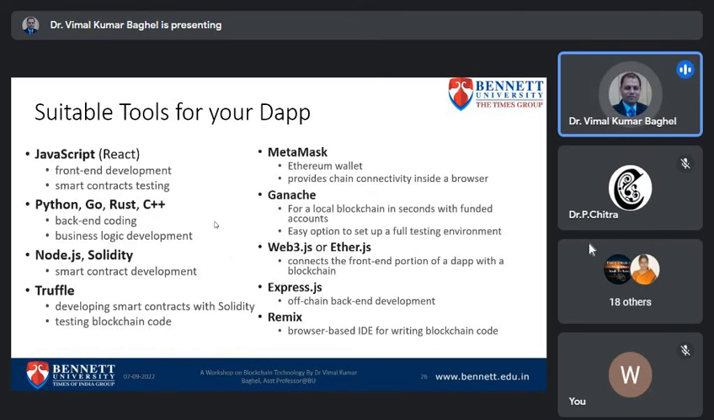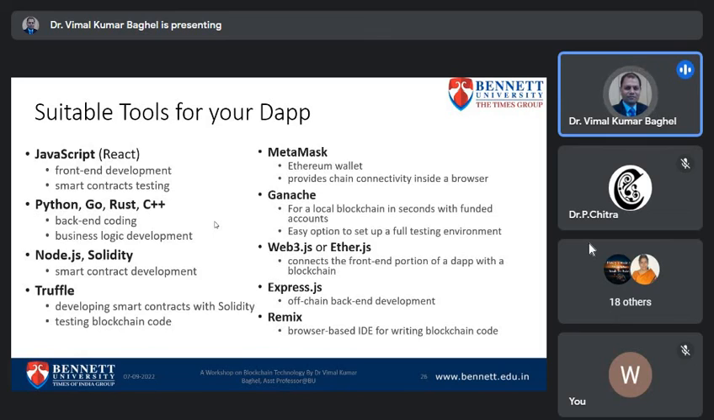For example, we will use React for front-end development, because React will be used both for web applications as well as for mobile applications. And for the testing of the smart contracts, we'll use JavaScript, Python, Go, Rust, C++. These are used for backend coding, for the business logic development, and these will be used to write the smart contracts. And then Node.js, Solidity, as I said, these are again the smart contract development languages along with Python,